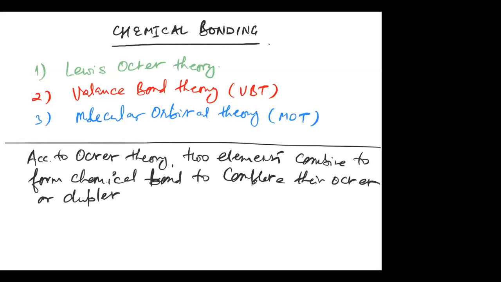I hope you learned this theory somewhere in junior classes of 9th and 10th class. So according to Octet theory, two elements combine to form a chemical bond to complete their octet or duplet. And the following bond formation can be explained